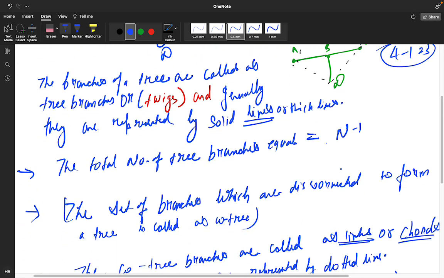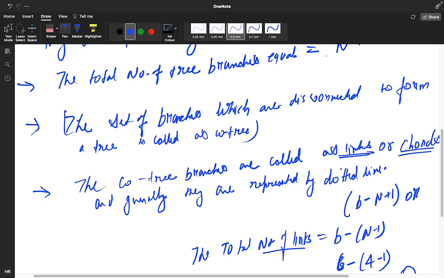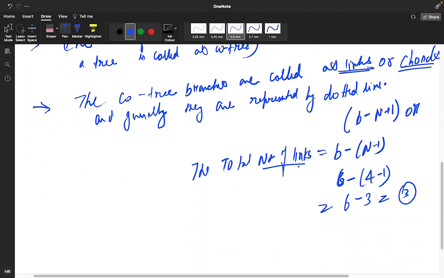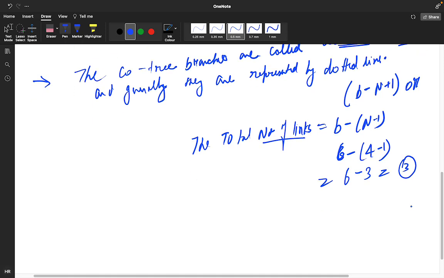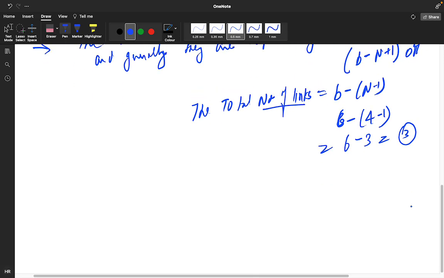So in every tree the number of co-tree branches, or links, will be 3 only. And the total number of possible trees, how many trees you can make from a graph, this is the formula: total number of possible